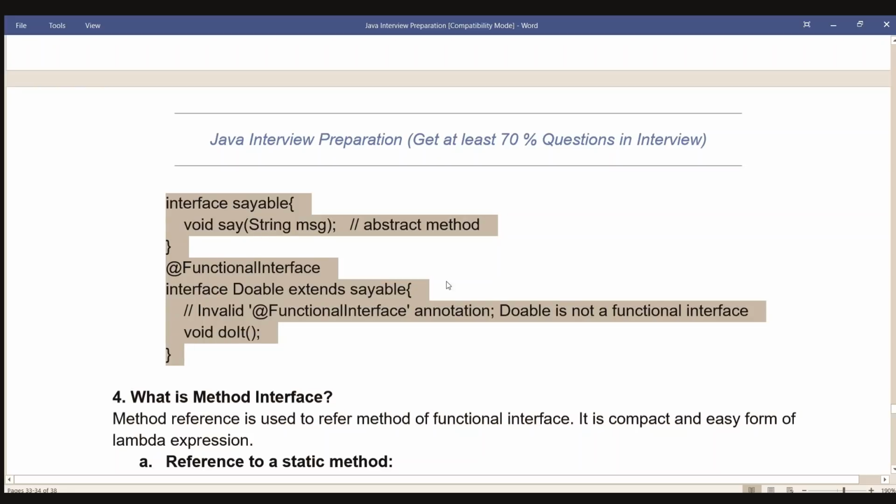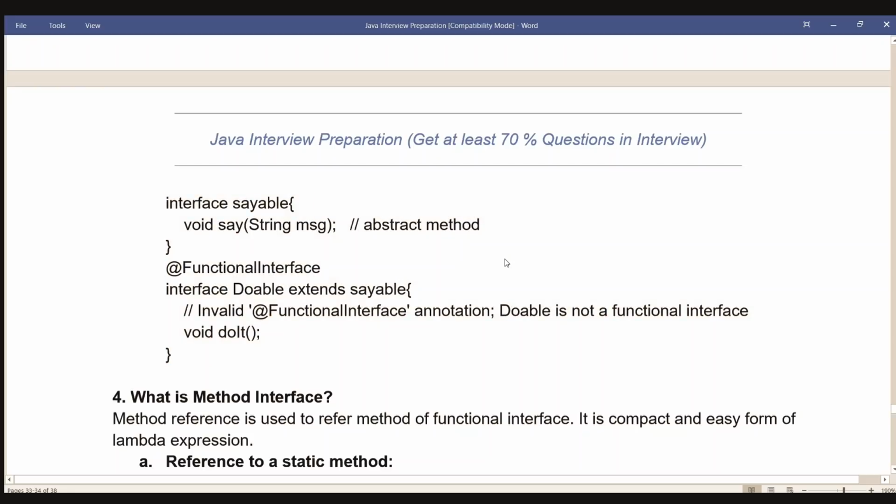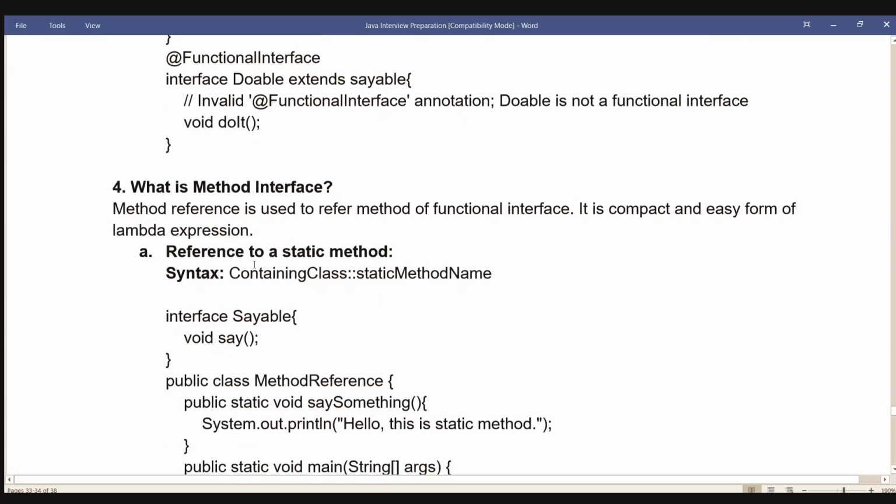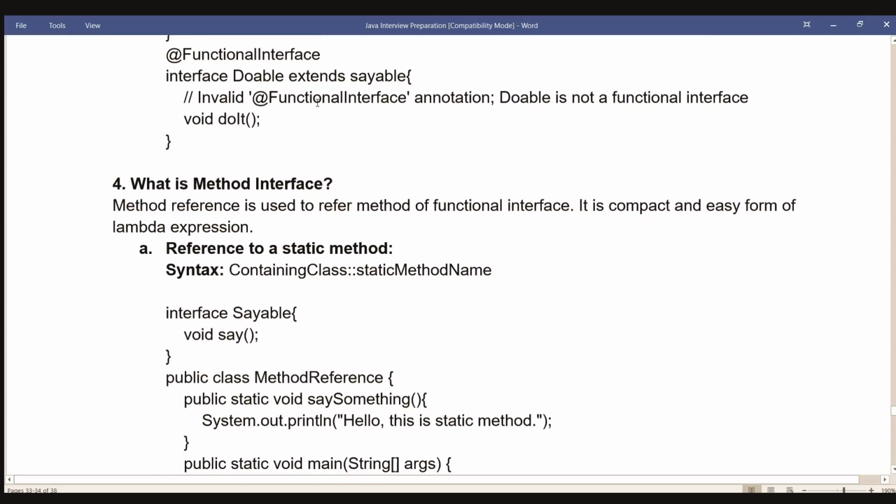interface Sayable { void say(String message); } // abstract method. @FunctionalInterface interface Doable extends Sayable { // invalid, @FunctionalInterface annotation, Doable is not a functional interface. void doIt(); }